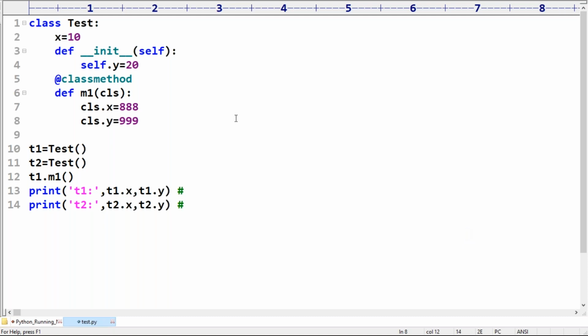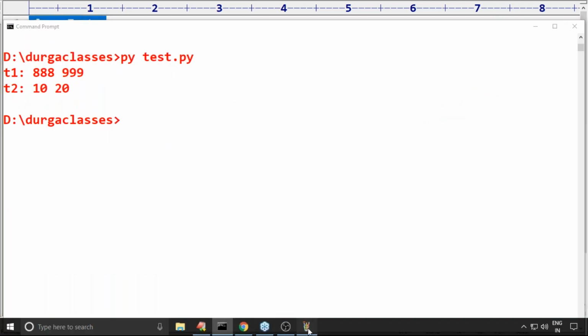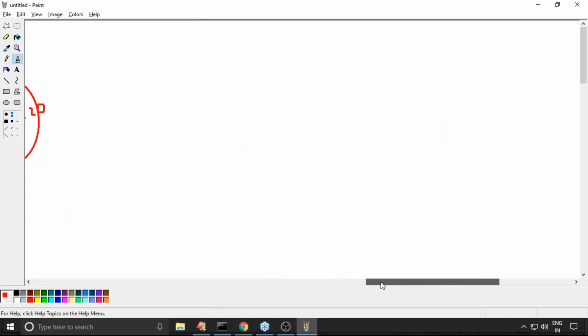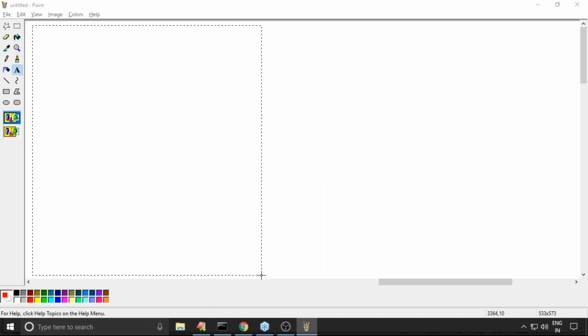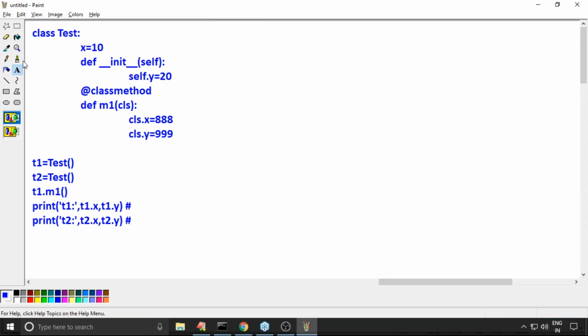Let me trace. Observe my tracing, sir. What answer are we going to get? Here, just observe carefully. First x is equal to 10 is created, because it is the static variable.